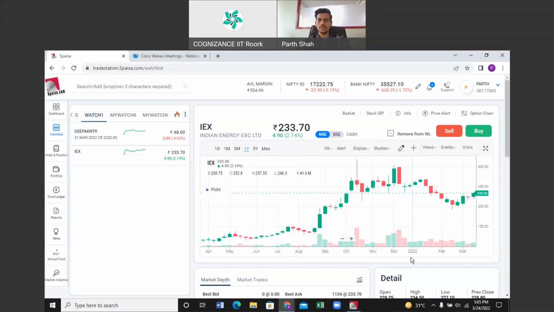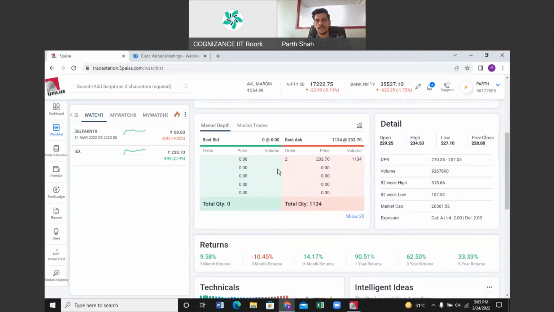If you see, you have the market depth to understand how many orders are currently pending in the market. The market depth defines the total quantity of orders which are pending in the market and not yet executed. That will give you a brief idea about whether there are more sellers or more buyers for the stock on this particular day in real time. Since the market is closed, this is what you see.